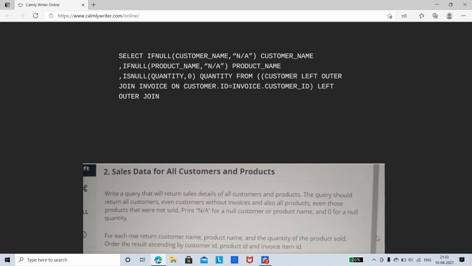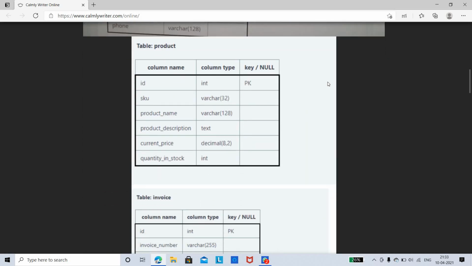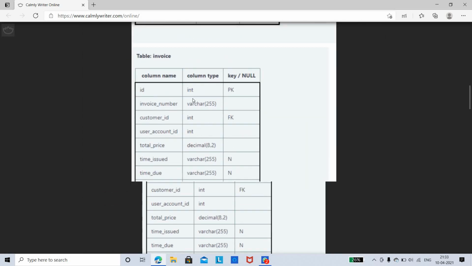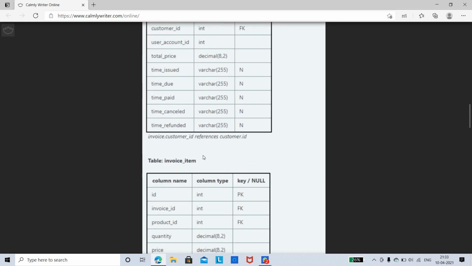Now next, with respect to invoice, invoice_item. This is the invoice table, so from the invoice table you are going to consider the item, invoice_item.